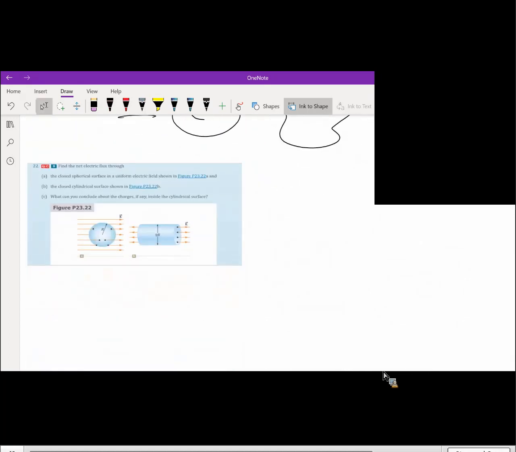Question number 4. Again, we got the voting question. The question says, find the net electric flux through figure A, the closed spherical surface in a uniform electric field. So what is electric flux? Electric flux is